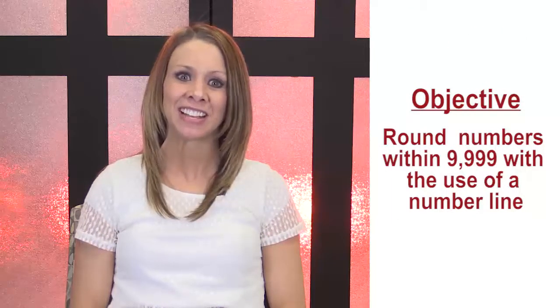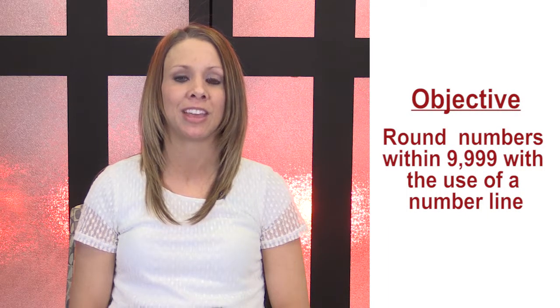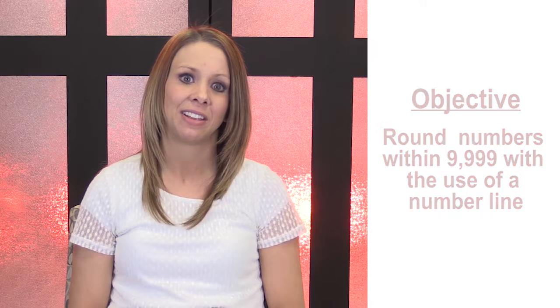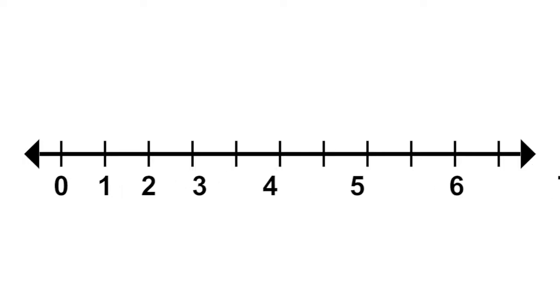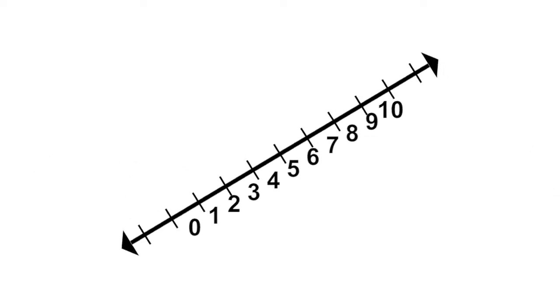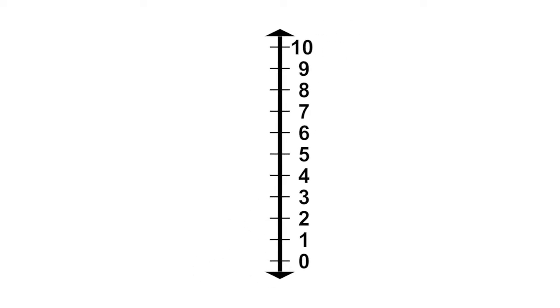The objective of this lesson is to learn how to round numbers within 9,999 with the use of a number line. Typically, we are used to seeing a number line horizontally. Today, we will take a shift on the number line and look at it vertically. By using a vertical number line in this lesson, we will be able to see the value of numbers as we round. We will start off the lesson by using the horizontal number line students have been exposed to in